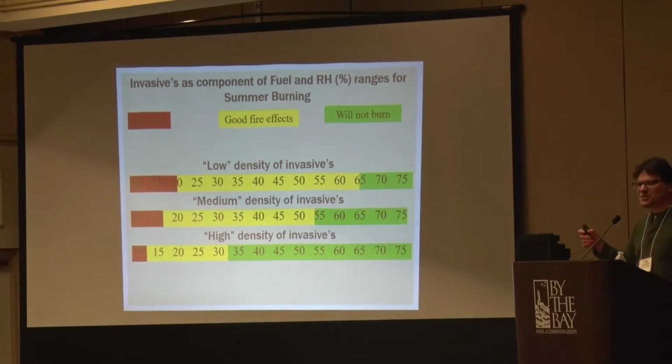The general rule of thumb in the Midwest is when you get to the 20s RH, it's potentially really hazardous. Okay, high risk burns, right? And I gather it's pretty similar here, potentially. With invasives, if you get into certain densities, you can drop that RH lower. You've got to fight that internal battle potentially with the agency you're with,